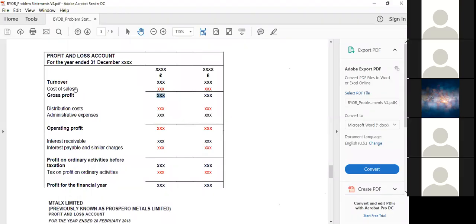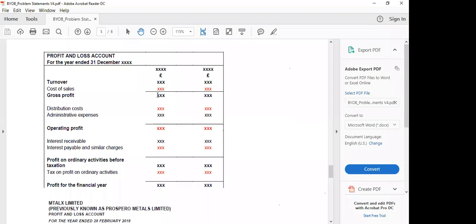You can either decide to take the calculation and put it here, or what I would recommend is you take the calculation and put it, and also extract that information and double check to make sure the numbers that you have put are accurate. Similar to turnover and cost of sales, you will have a few more data points like this, or other data entities like this. So your task simply is to extract the data from the original table,